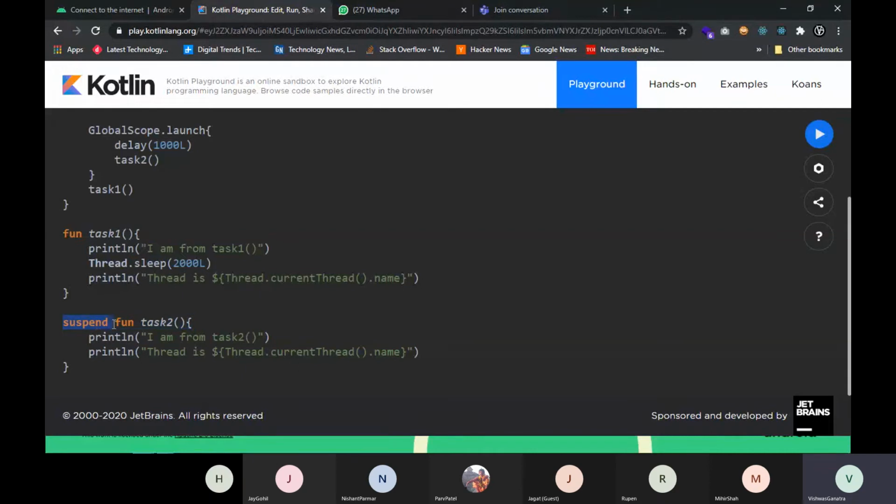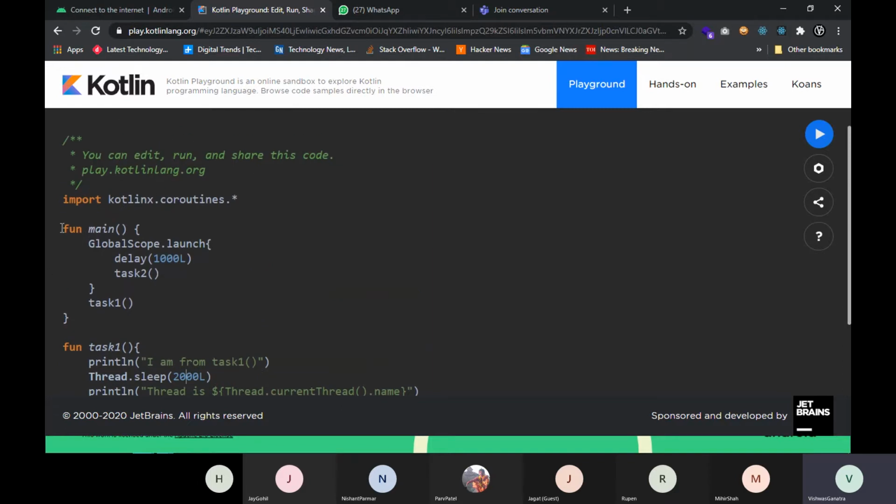a suspend keyword. So when you want to do parallel processing of two different business logic codes, that is not possible while you are synchronously executing your program. This whole idea is based on asynchronous programming.